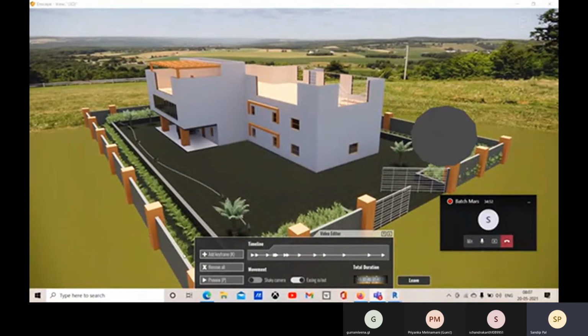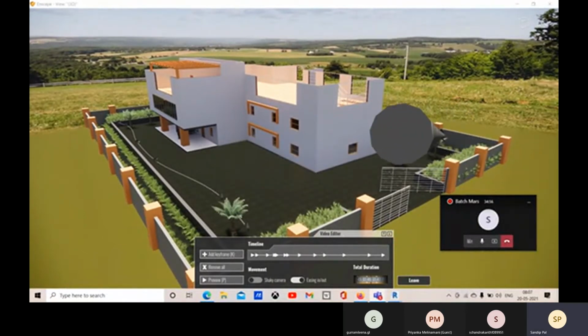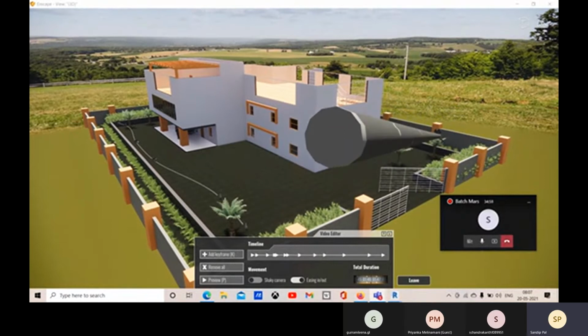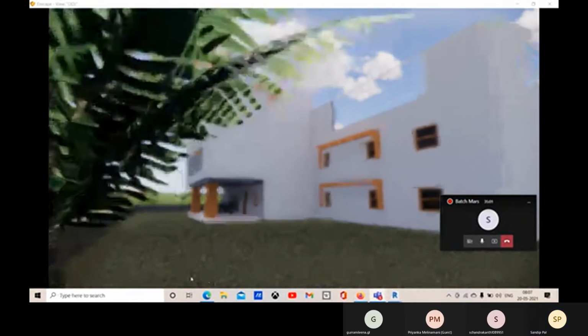So this is the path we have created. All right. And now let's go for the preview. Let's see.